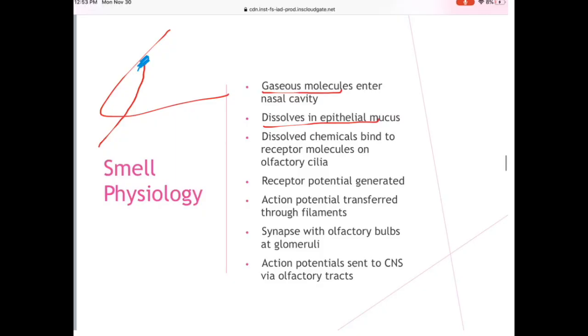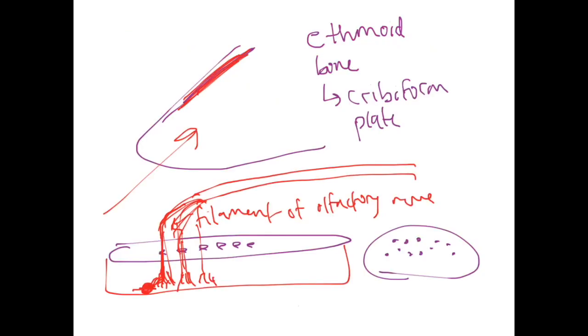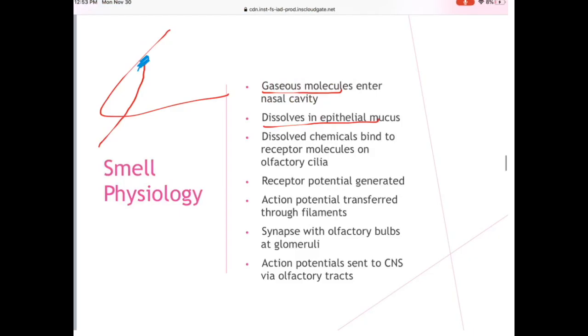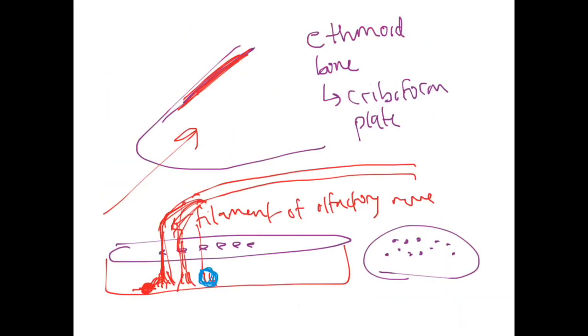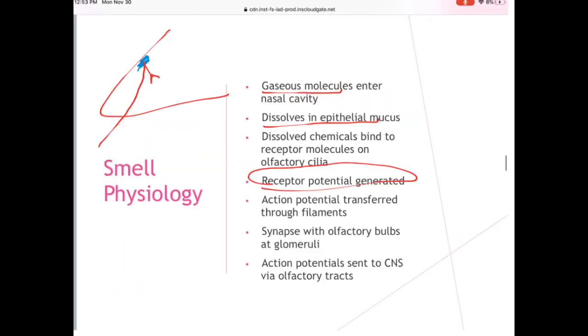Those dissolved chemicals are going to bind to the receptor molecules of the olfactory cilia. Just like our gustatory hairs, we have these little extensions that are acting as receptors, and they're called olfactory cilia. If I drew one, let's just say this is an olfactory receptor cell, and that's an olfactory cilia acting as a receptor. So we'll get this receptor potential generated, so an action potential. And that action potential will be transferred through our filaments, or these axons of these olfactory receptor cells. And they're going to meet,